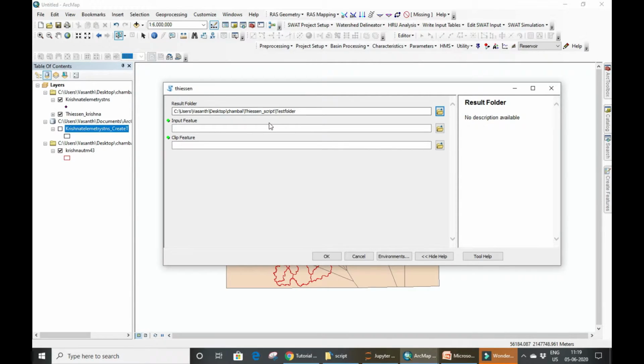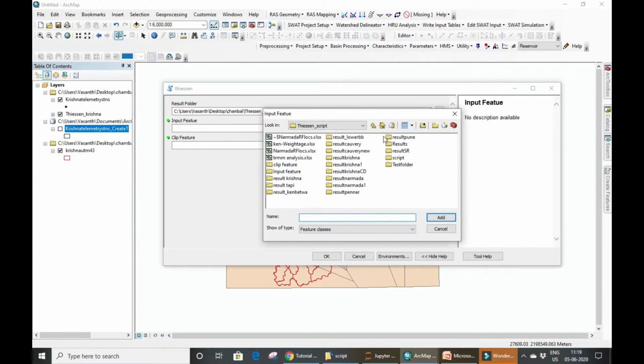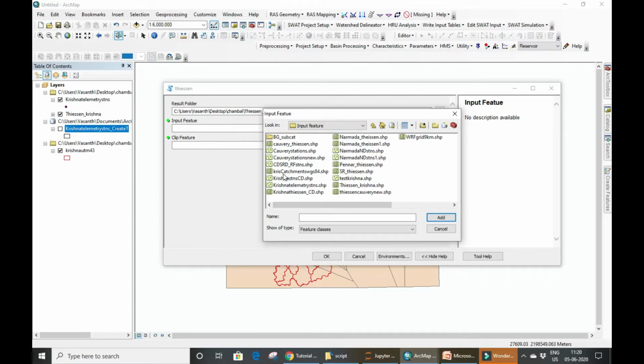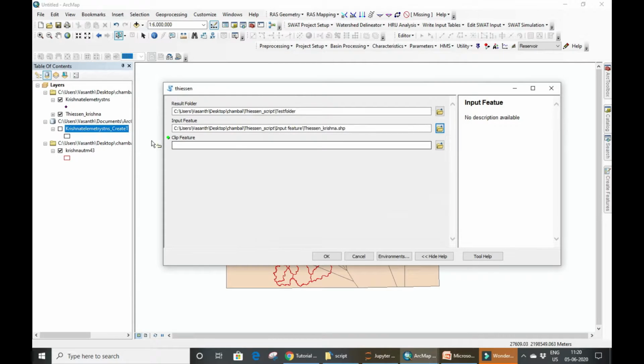This test result folder will be the input to this parameter, and the input feature is basically your polygon feature, which you can see is available in desktop, in the Thiessen script folder, inside the input folder, with the name Thiessen Krishna.